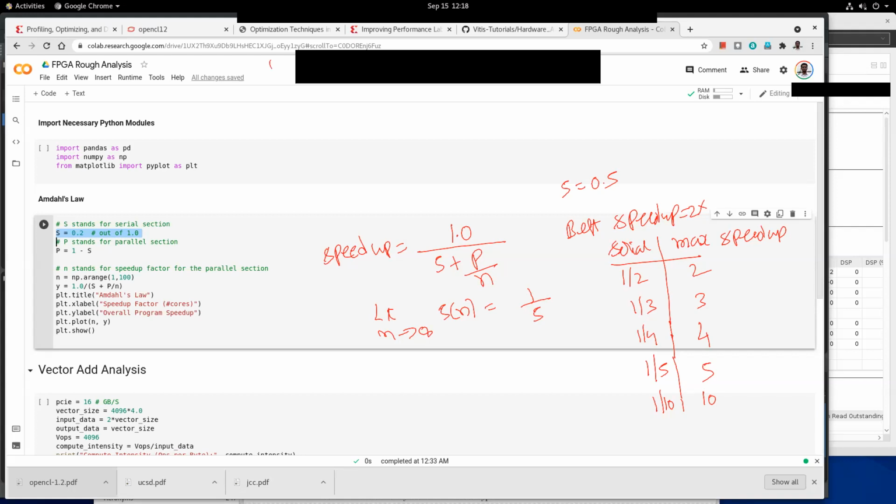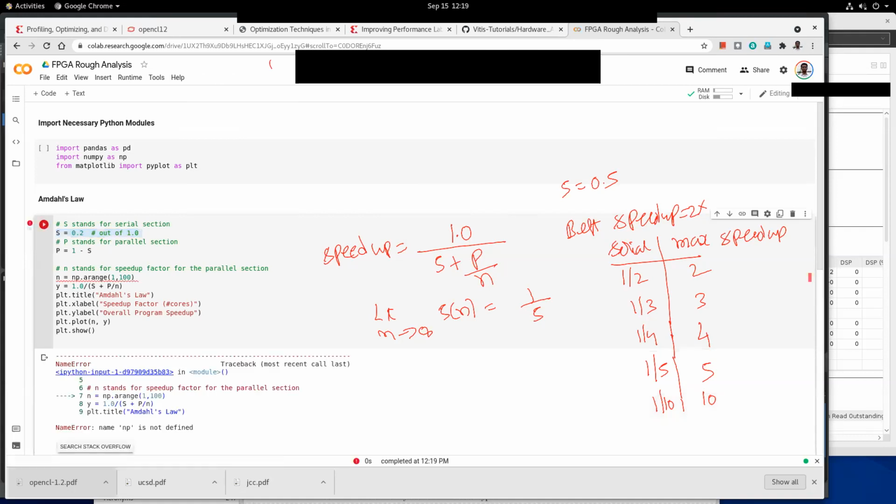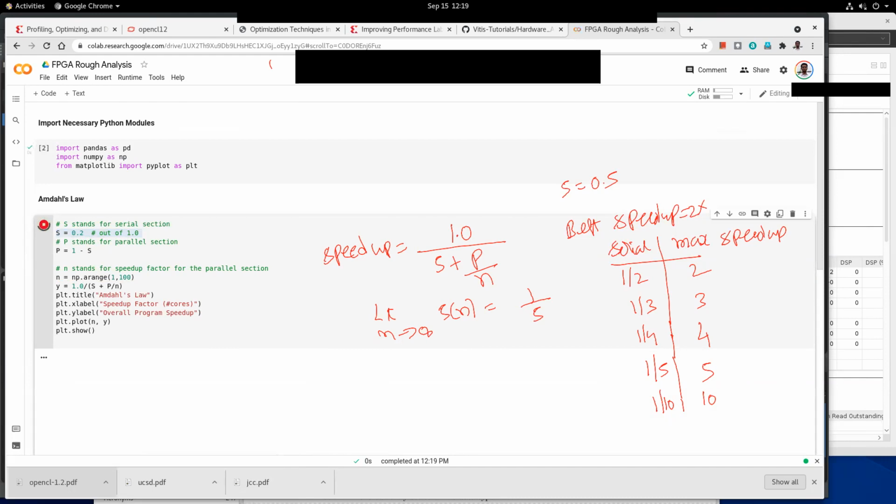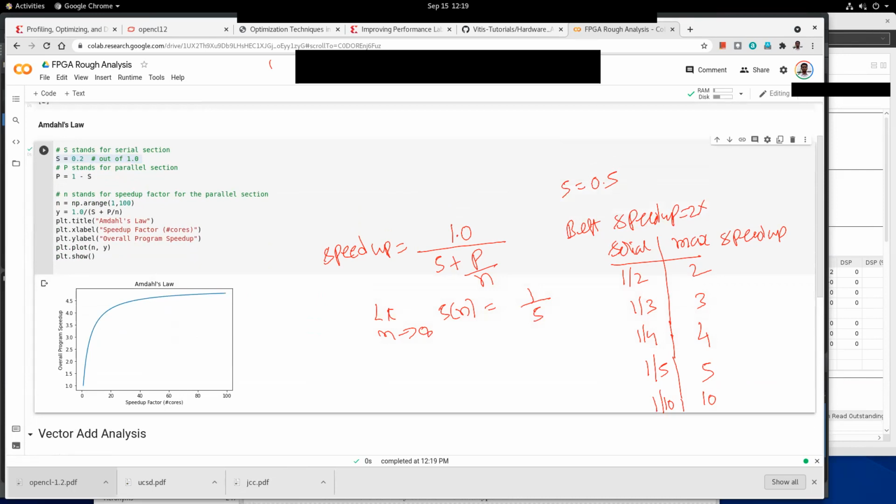So if we run this program here in this notebook, for S is equal to 0.2, that is 20%, we can see that the max speed up that we can achieve, even if you use 100 processors or 100 cores, is 5, and that's what this table indicates.